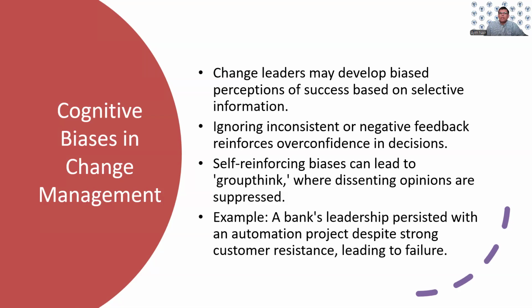Some of the examples would be like a major bank launched an automation project to reduce operational cost. Leadership ignored the customer resistance, assuming that automation would be universally accepted. And despite repeated warnings from customer service teams, executives dismissed their concerns, pushing ahead. And the result was widespread customer dissatisfaction, leading to significant loss in customer loyalty and revenue. So cognitive bias can make leaders blind to risks